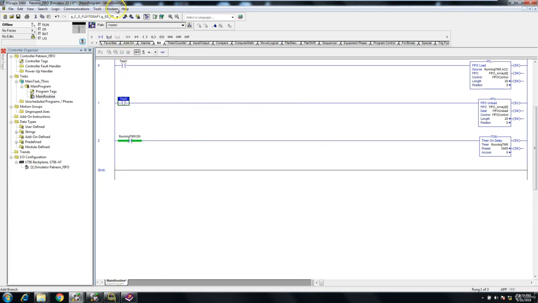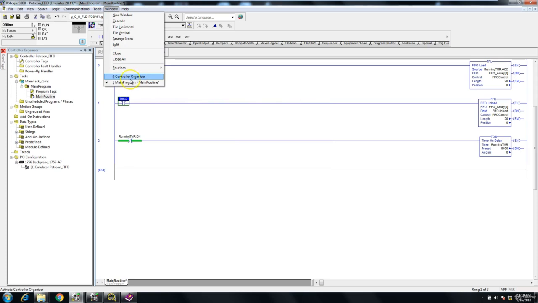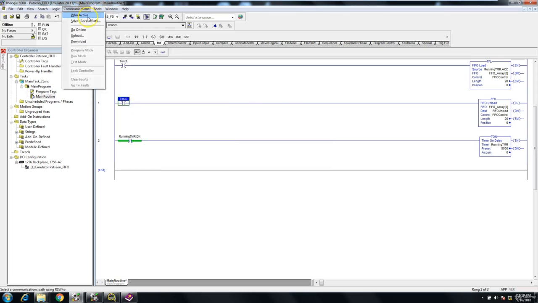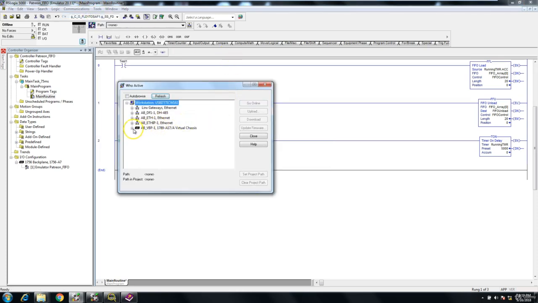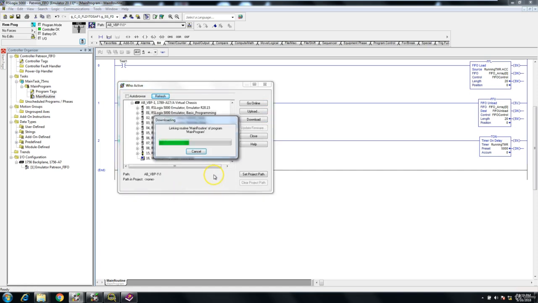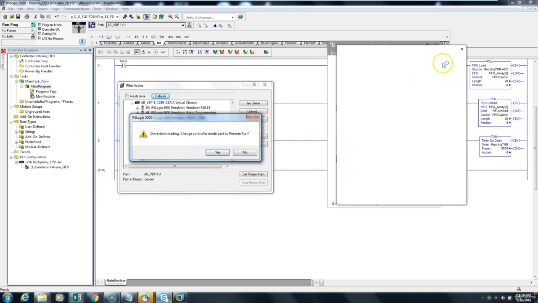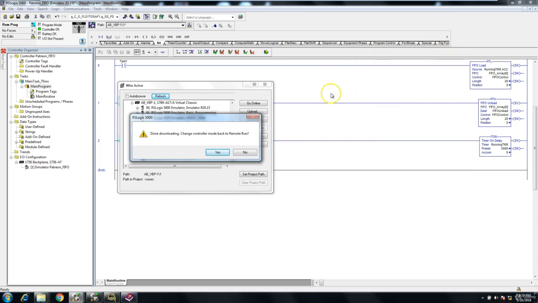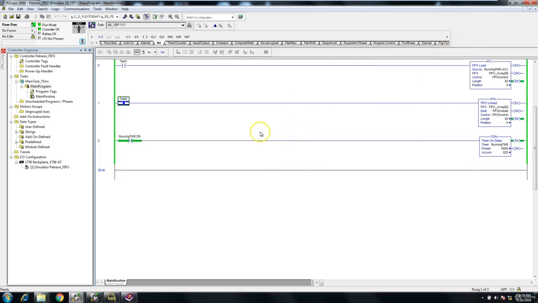Okay, so let's go ahead and download that. We'll go to active, we'll go to the second, our processor's in slot 1. So again, we'll go to download. We'll download this. Okay, so now we have a free running timer